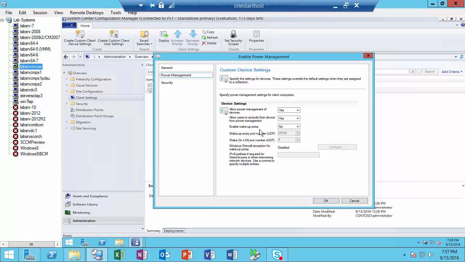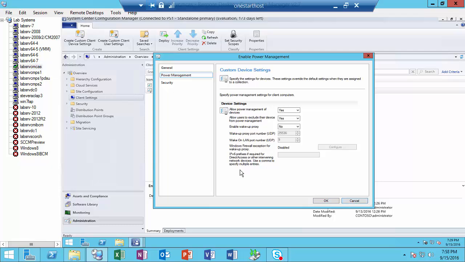It can be effective with power policy and waking up and that kind of thing, but make sure you know what you're getting into whenever you do it, and you're aware of the required configurations and so forth, right? Then we have the port for Wake Up Proxy, and then the firewall rules and so on, and on we go, right? So that's really all I'm going to do in terms of configuring power policy in my custom client